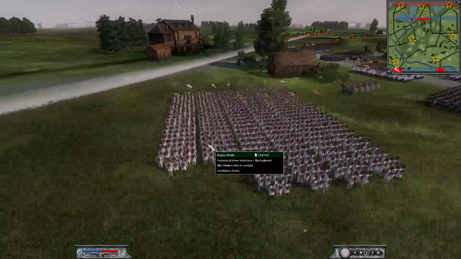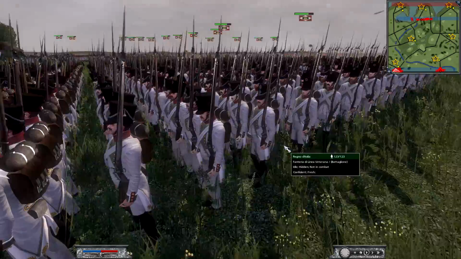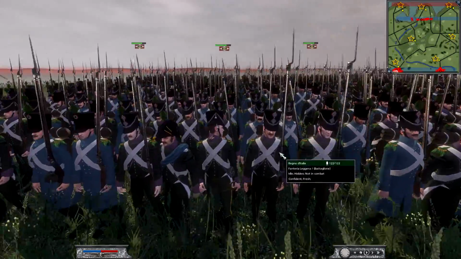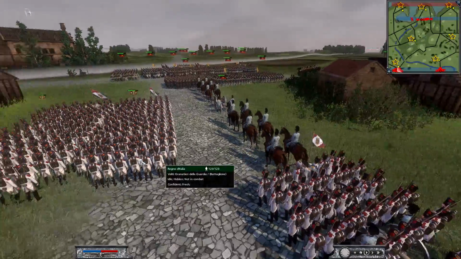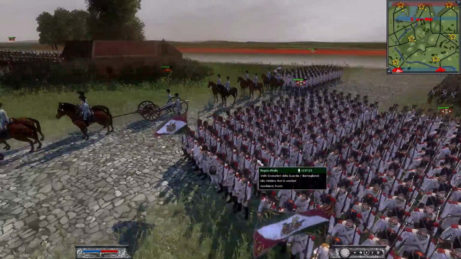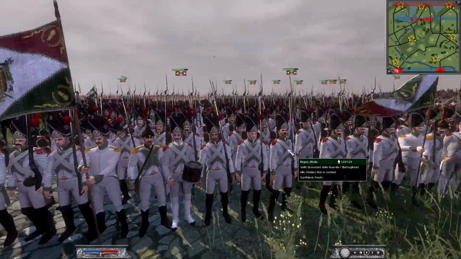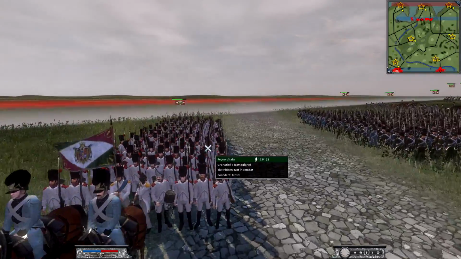We have 6 units of veteran line infantry. Very nice looking here in white. We have 4 units of light infantry, also very good looking, and I believe 2 units of grenadiers, and these guys are elite grenadiers. These are Veliti Granatieri della Guardia, very good looking, and a regular grenadier unit here,